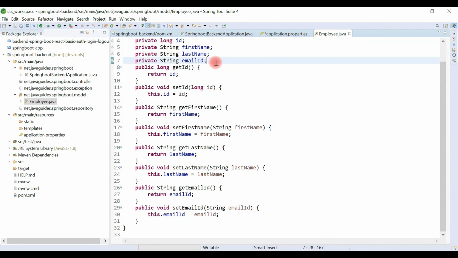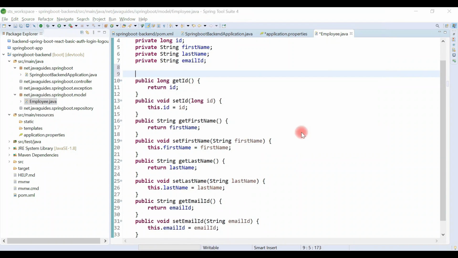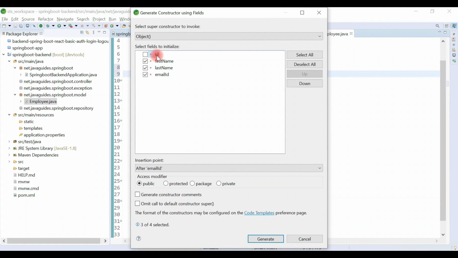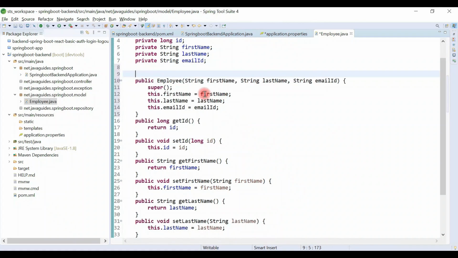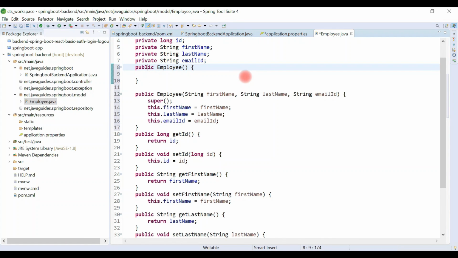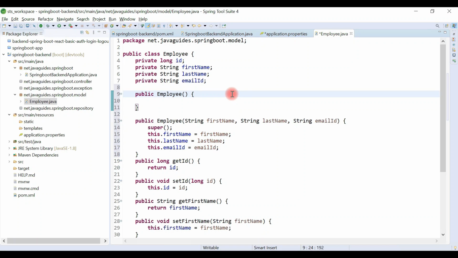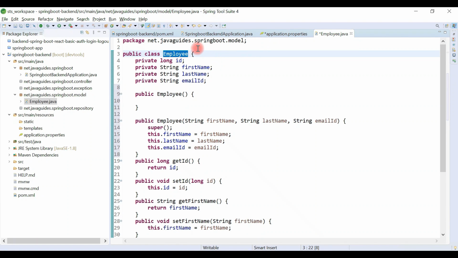And also create a parameterized constructor. Right click, source, generate constructor using fields, deselect id and hit generate. And let's also create a default constructor. So remember, whenever you create a parameterized constructor, you have to create a default constructor, because Hibernate internally uses proxies to create proxy objects. Alright, once we have created the Employee class, now let's use JPA annotations